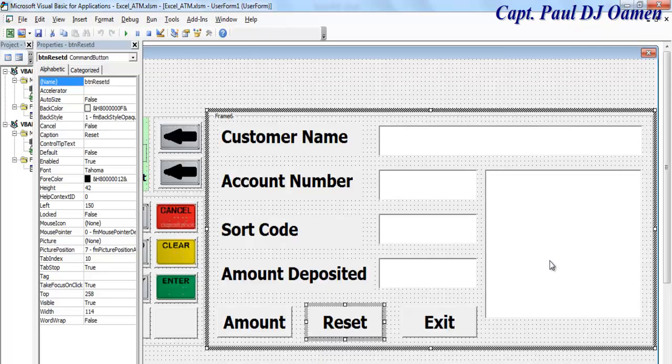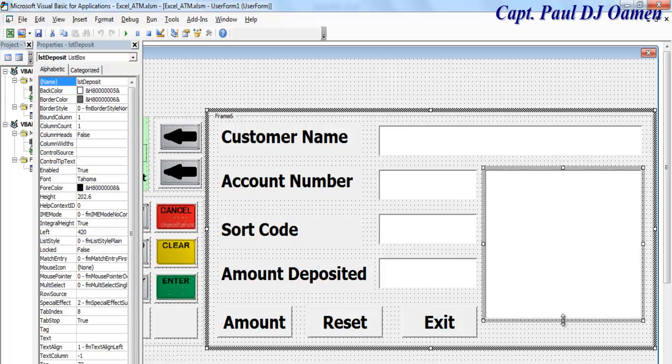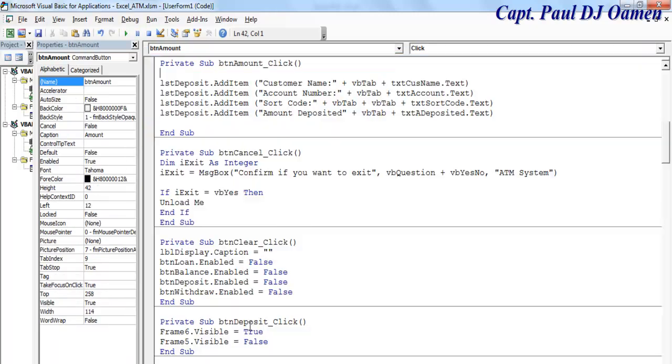All I just want the system to do is to enter the amount right here. Okay, so double click on that. That is it. It's just to populate the list box. That's all. Okay, now the next thing we want to do is